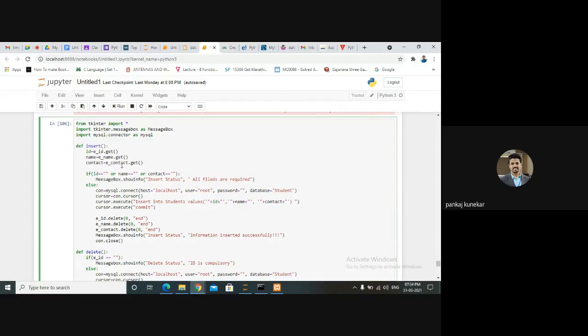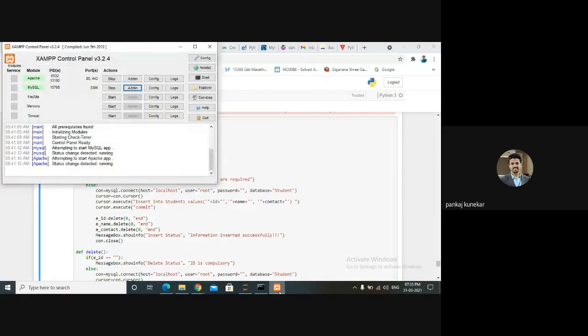In this tutorial, we are going to use MySQL and Tkinter. I'm using the Apache server, or XAMPP server, which we use for MySQL.